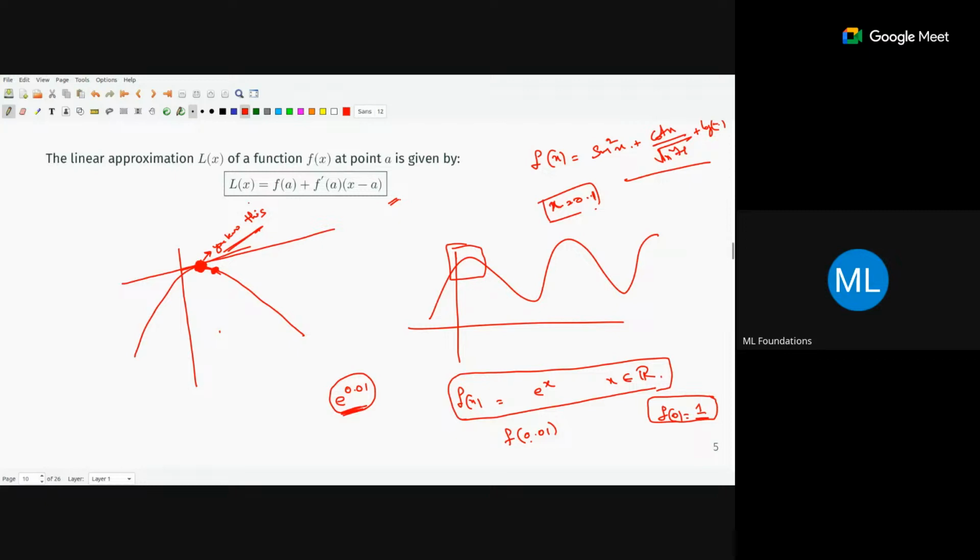If you see this particular line which I drew, at this particular point the value of the function from this line and from this curve are both the same. At least at that particular point there will be no error. But to the left or right of that, this straight line will have a different value and this curve will have a different function value, right? Yes. So what I am doing here is just approximating.